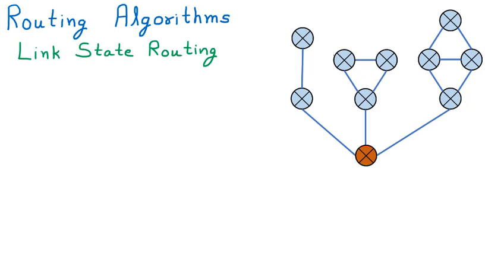Now we are discussing the link state routing. We know that among routing algorithms, some are static and some are dynamic. Talking about the static algorithms, they follow a predefined path. Let us suppose that we have been given three paths. If the first is congested, go to the second; if the second is congested, go to the third. So that is the static algorithm.